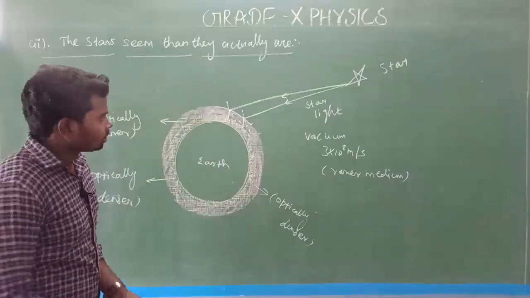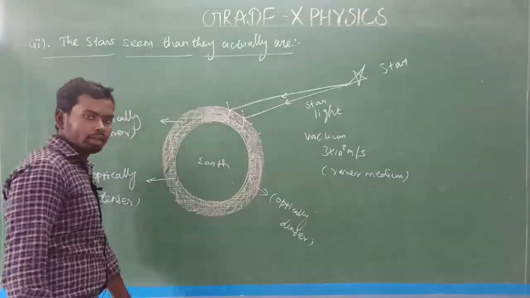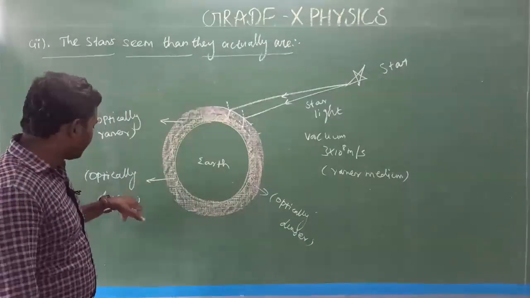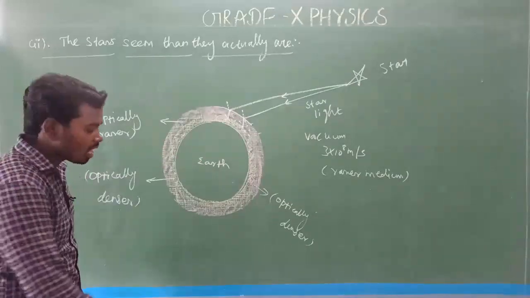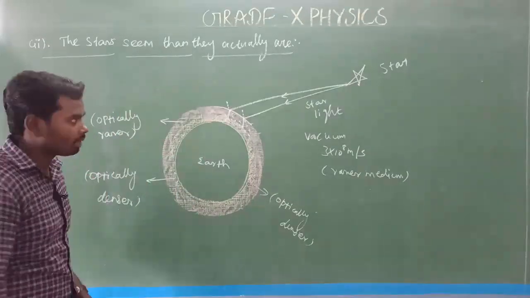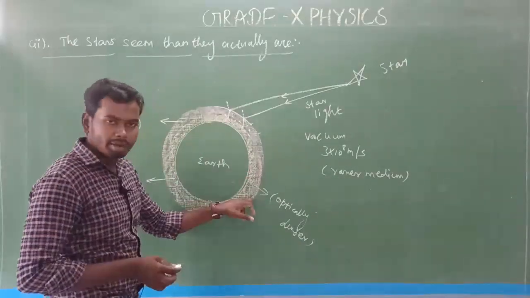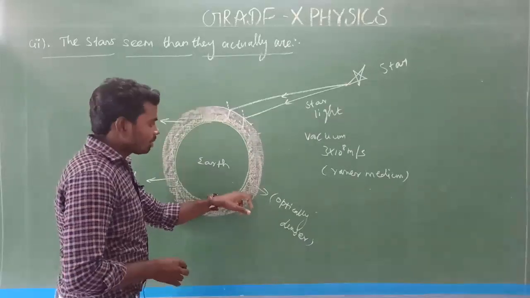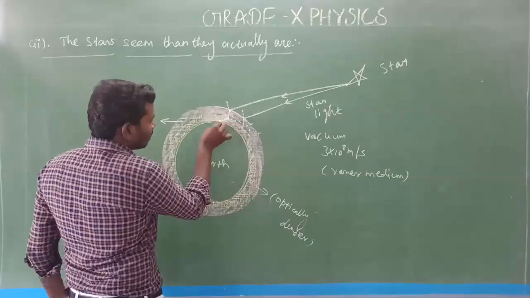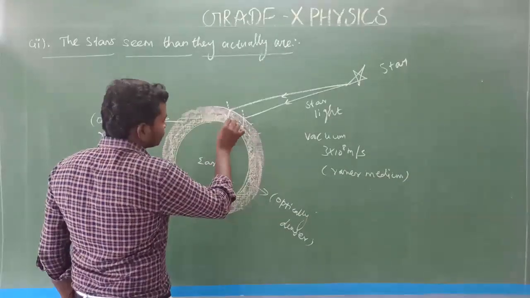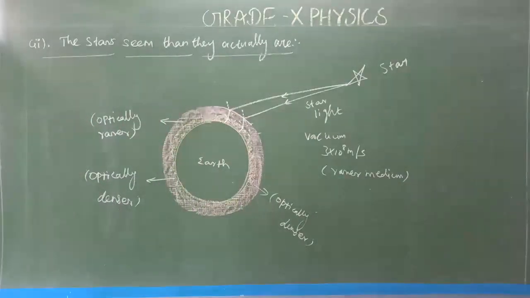Yes, that's up. So the refracted rays are going to enter the optically denser medium, which means the bottom layer of the Earth's surface. Actually, the bottom layer is an optically denser medium. So this is the normal. Whenever light goes from optically rarer medium, this upper part, to denser medium, what will happen? It will move away from the normal like this. This is the normal, away from the normal like this. Is it clear? Yes.